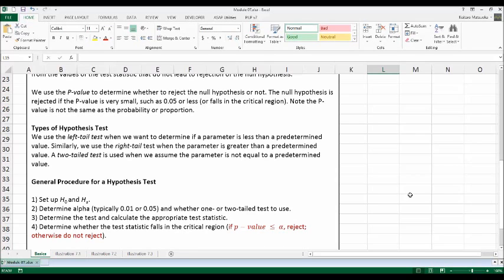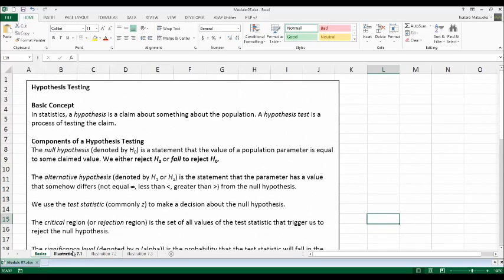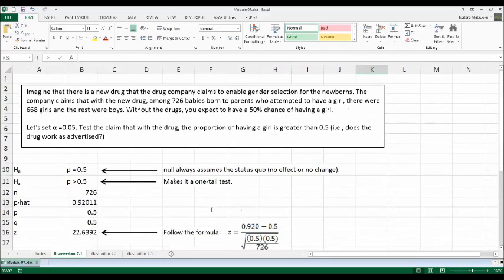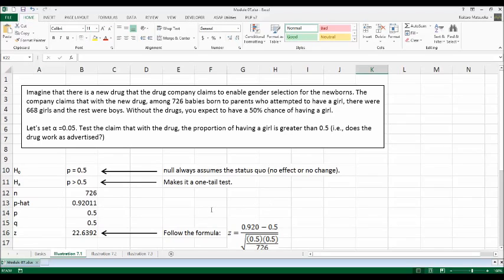We'll use that rule to figure out whether to reject the null or not. So it's probably easier to see what I'm talking about in an example. So let's go to the first example. So here,